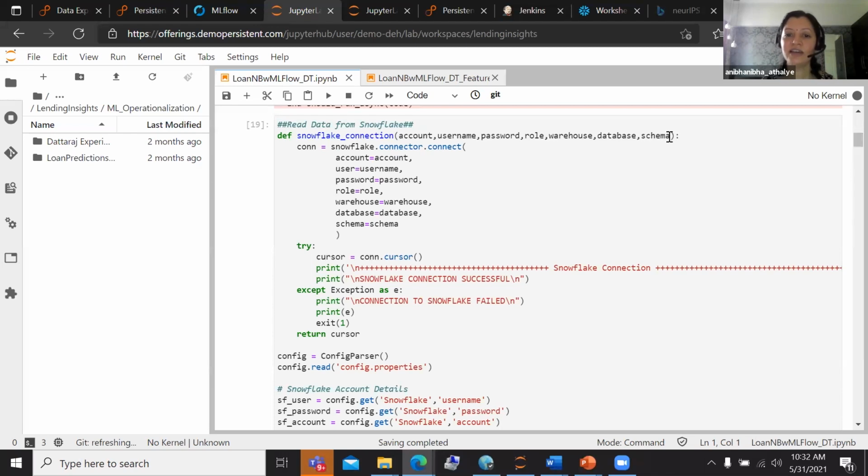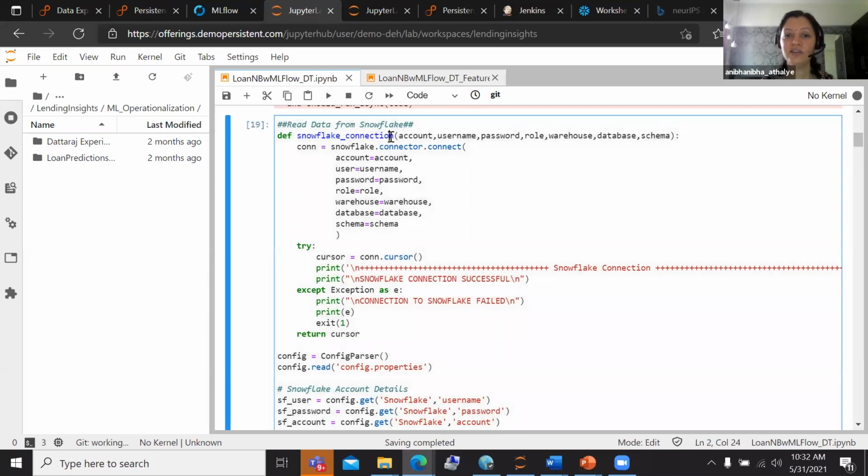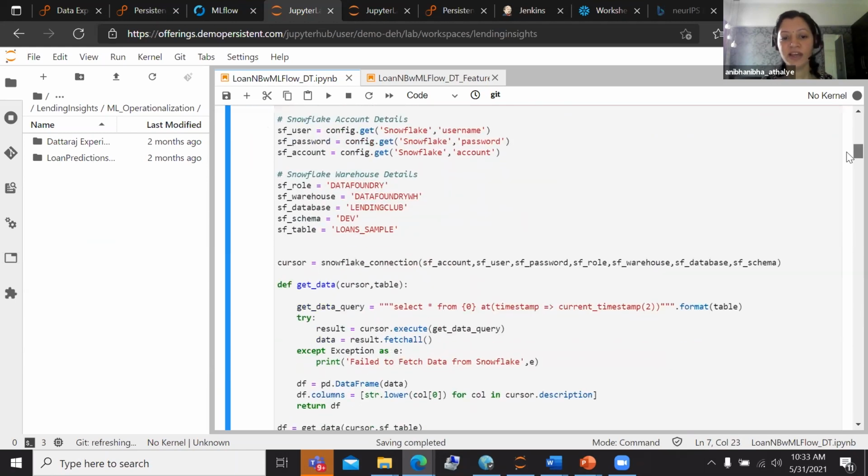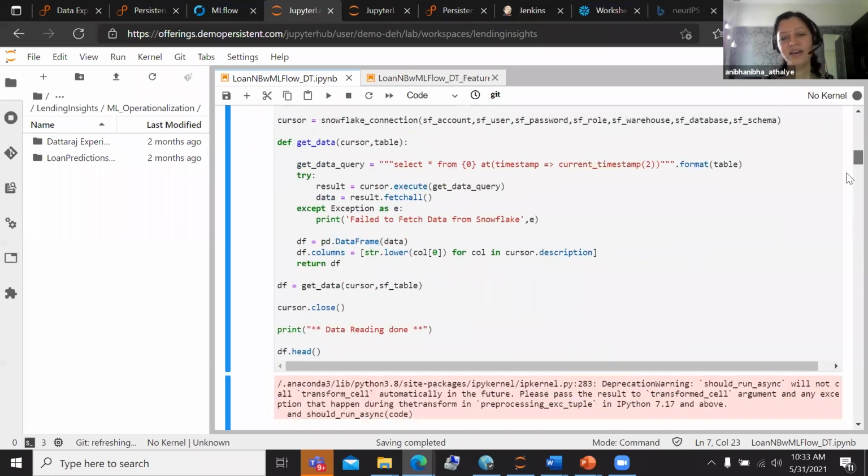So I have my entire data set in Snowflake, and this is the case in most work that we do in industry, wherein you wouldn't really be working on an offline data set like a CSV. Most times your data would be sitting in one or the other data lake or a data warehouse. It can be Snowflake, it can be Redshift, it can be any of the Hadoop systems from where you are pulling the data on which you want to work. So I have a live connection to this Snowflake. That is what I'm doing over here.